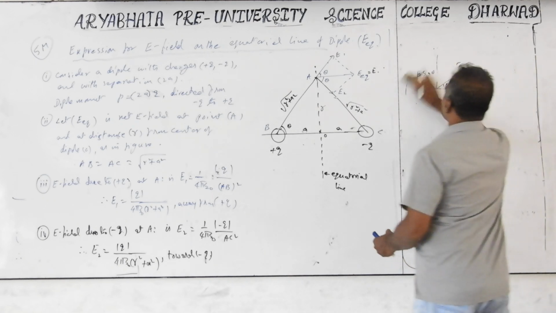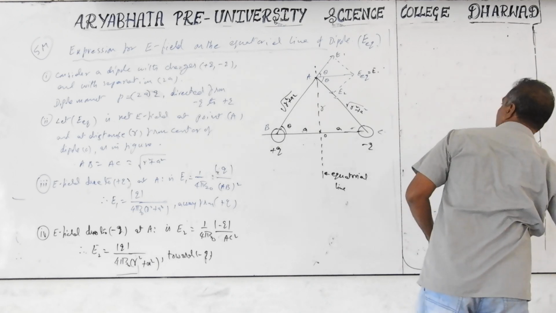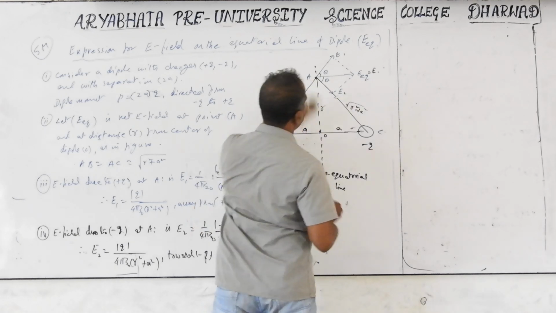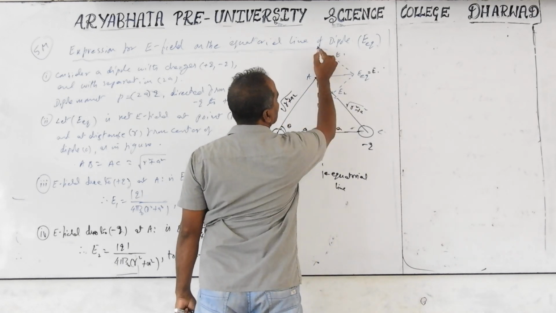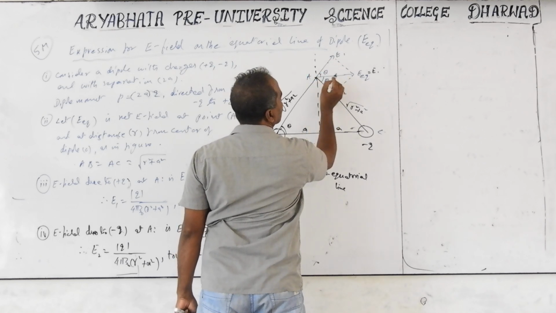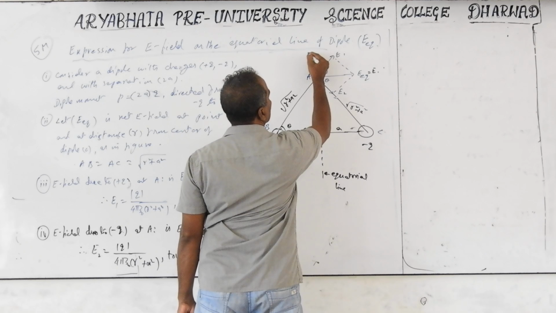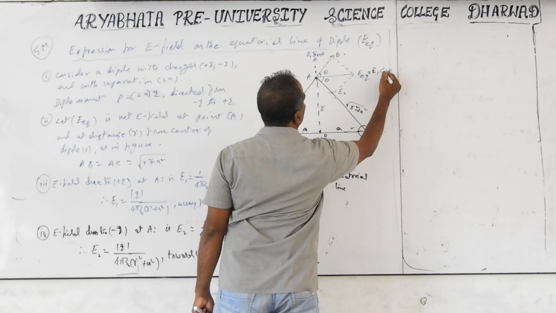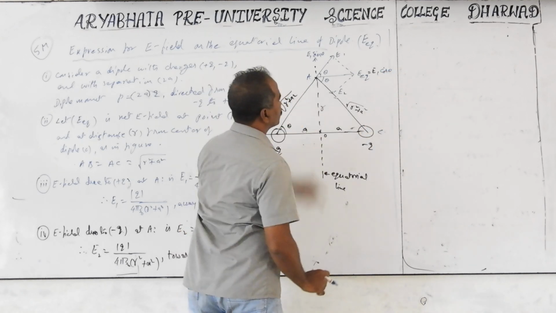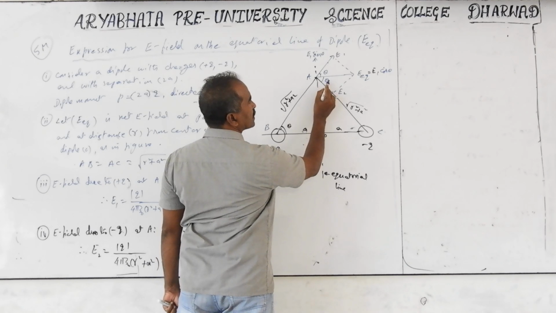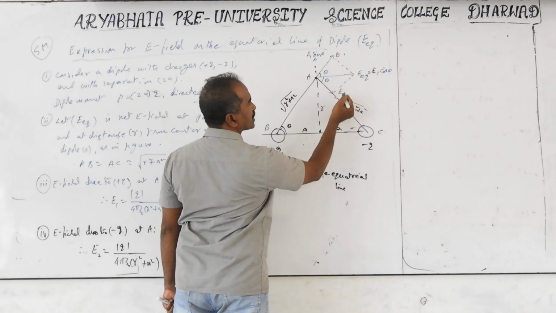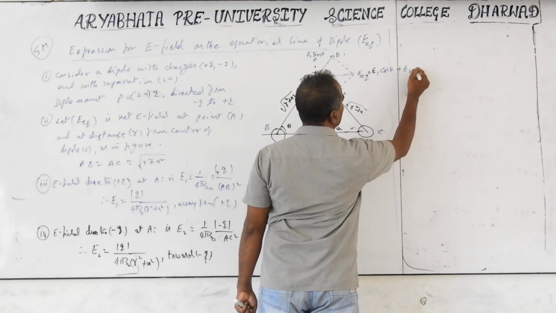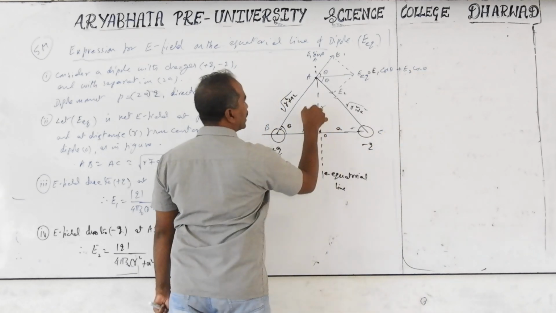So I resolve the electric fields into two perpendicular components. I will take this as the x-axis and this as the y-axis. Theta is known here, so in this direction we get E1 cos theta, and on this side E1 sin theta. Here it is E1 cos theta. What about this E2? E2 also has a component. This side is the known angle side theta, that means cos theta. So E1 cos theta plus E2 cos theta is nothing but the equivalent. And in the downward direction, what you get here